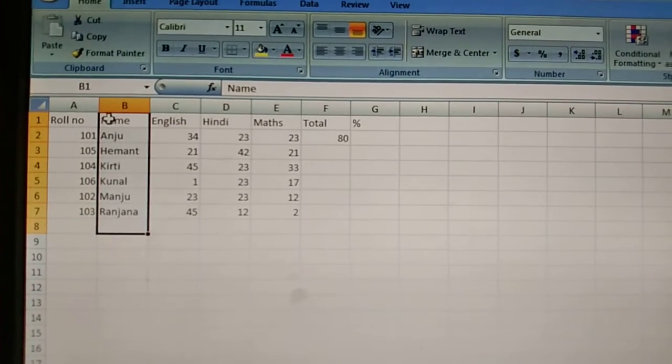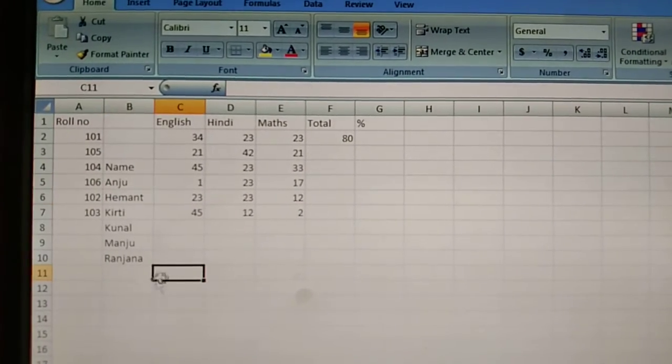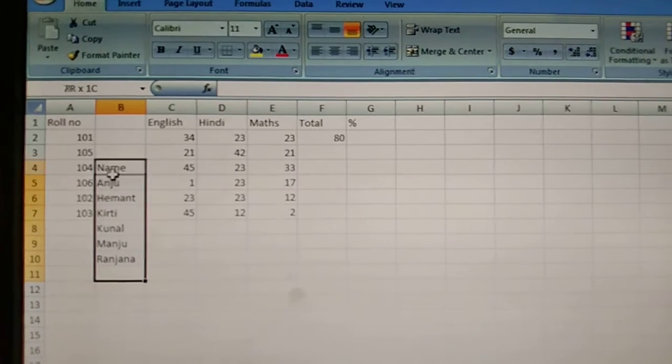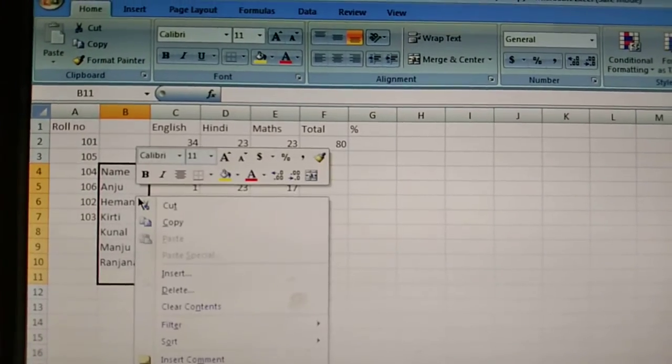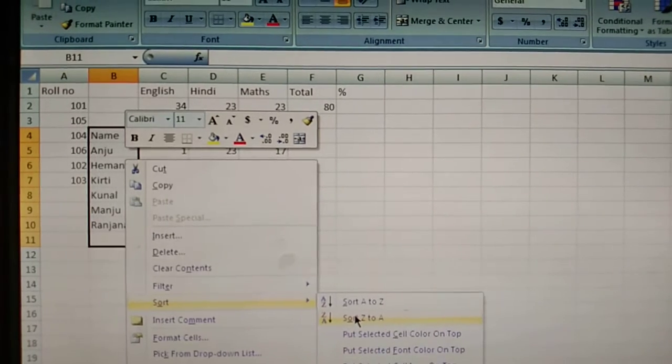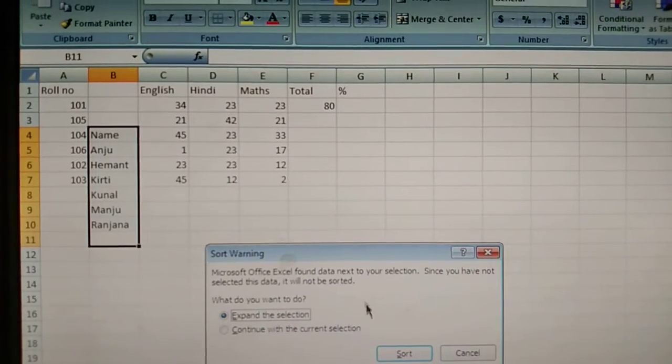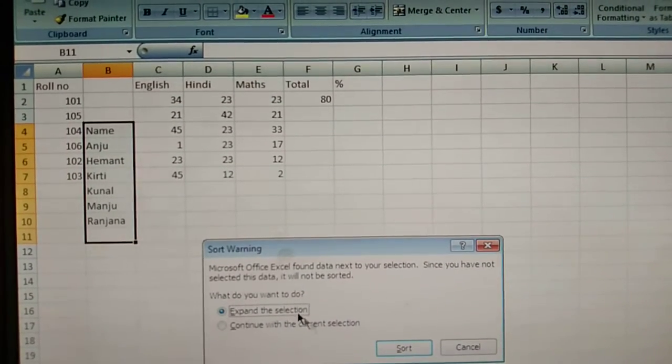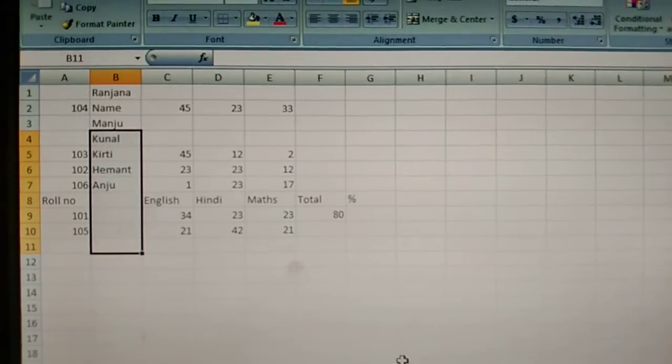Now again, if I want to sort, then select it, then right click, then sort from Z to A. Then click on the sort button. So here is the result, class.